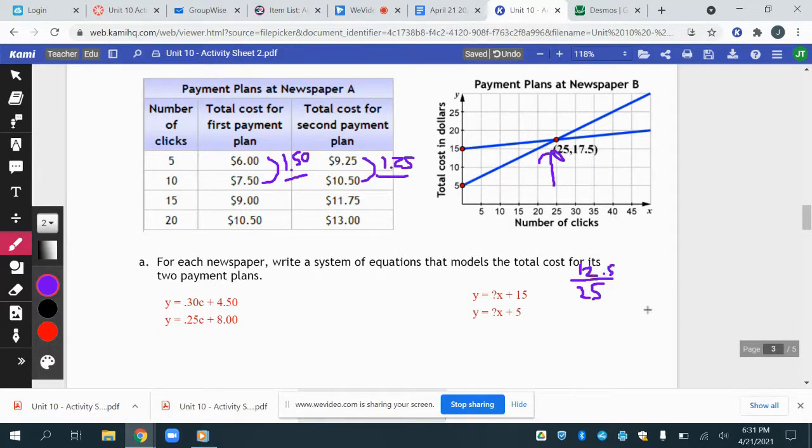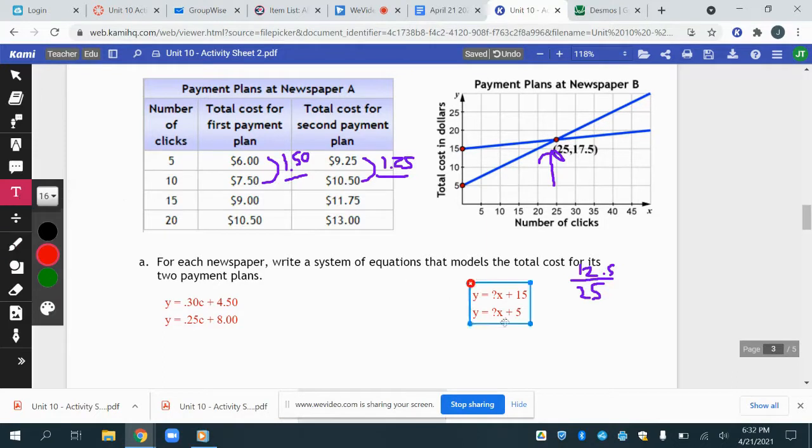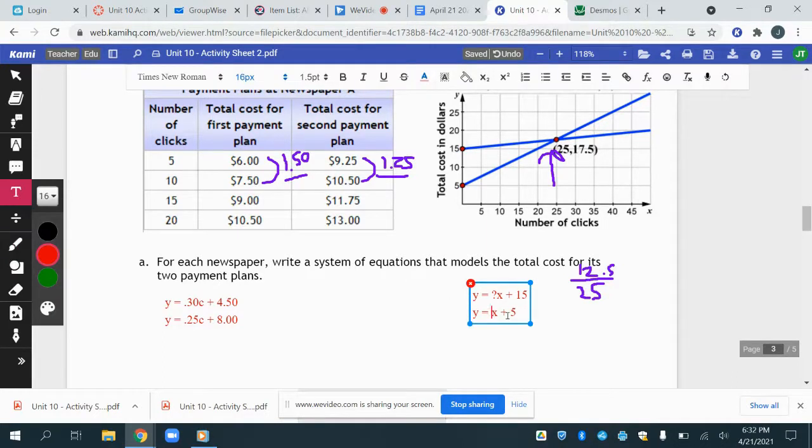All right. Now 12 happens to be half of 25. So that's actually a slope of 1/2, 0.5. In other words, this newspaper charges 50 cents per click. Right? The other one, however,